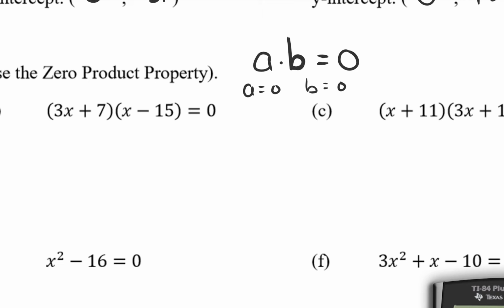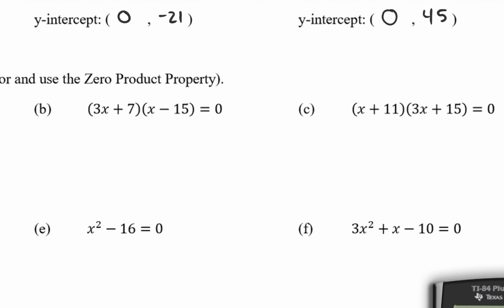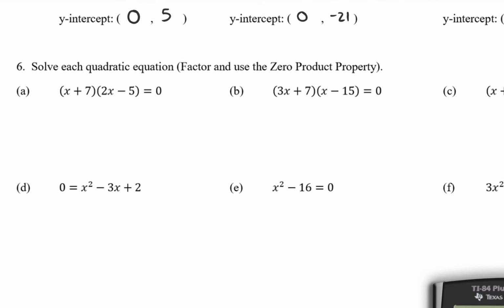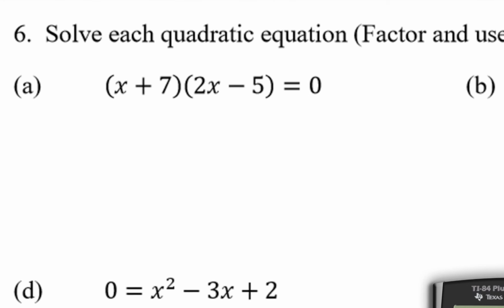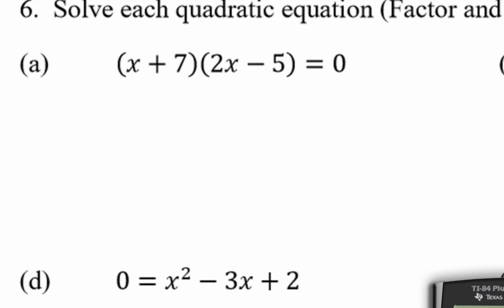So we set each factor equal to 0 and solve for x, and we get the two different values x can be that would produce 0 for a given quadratic. Now, A, B, and C are pretty straightforward because they're already in factored form. So all I need to do to figure out the x that works is to set each of the factors